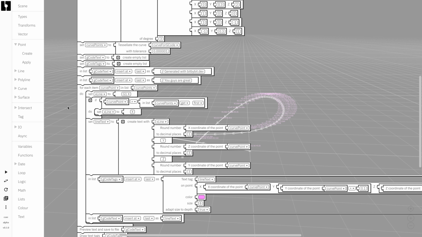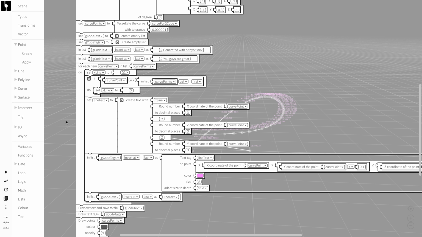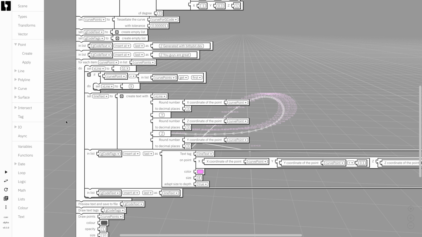This is quite simple logic, but still it's good to understand what is happening here. And the rest is quite straightforward. The only thing that needs to be explained is that you see that here we create the text with multiple items of text, and it's the x line that goes into the first item, and then the x needs to be